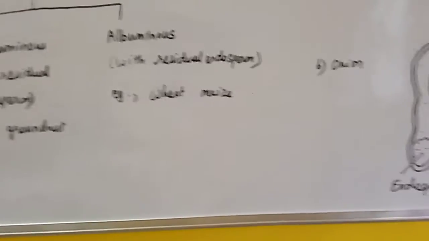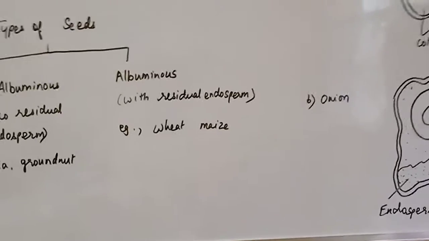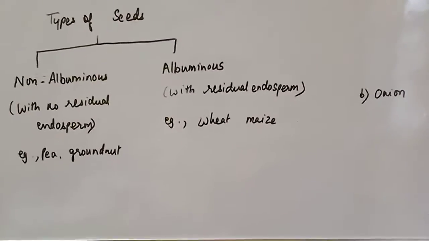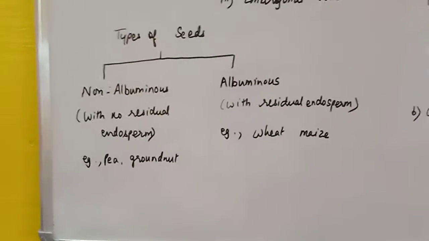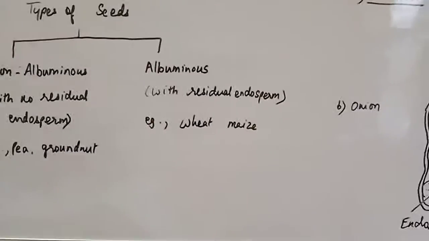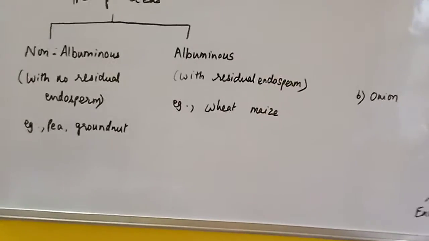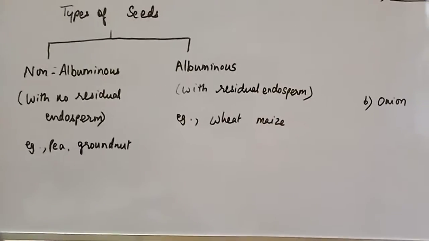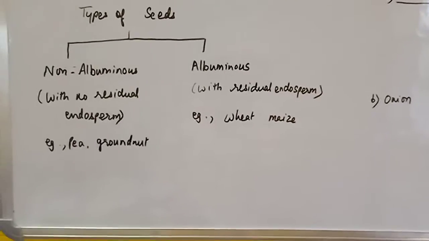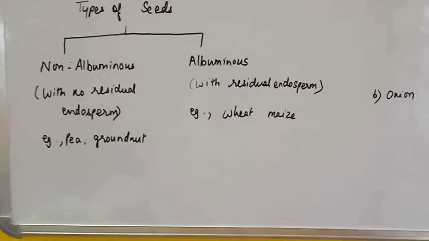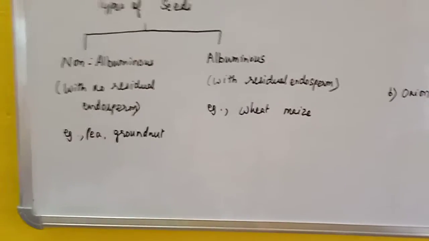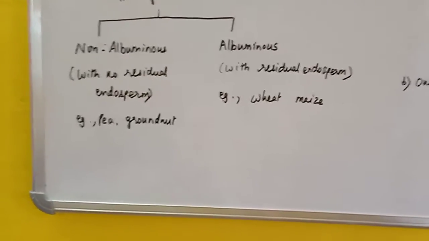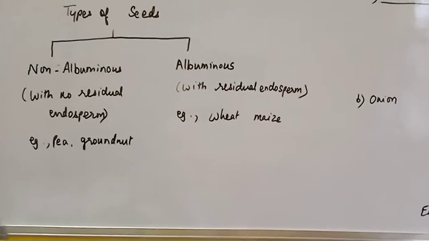Now next we will be studying about the advantages of seeds. Now what are the advantages? The first is seeds possess better adaptive strategy for dispersal to form a new colony. Second advantage is the reserve food of seeds supports the growth of seedling till they become nutritionally independent. Next is the hard seed coats, that is, as I have already told you, testa and tegmen, provide protection against injury.